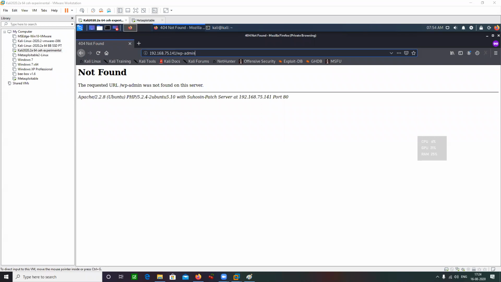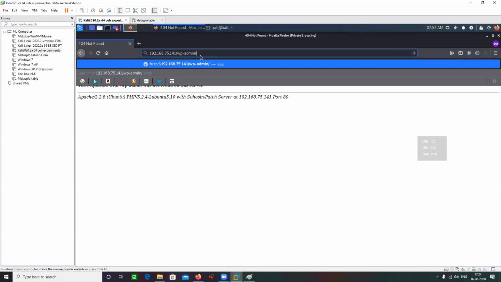For this hit and trial, we have got a tool to automate this task. Let's say what happens if it's a Drupal website? What happens if some other CMS is being used? So we have got a tool which is going to do directory brute forcing for us. And what is directory brute forcing? Actually, these are your directories here. Something here, something here, something here. These are your directories.